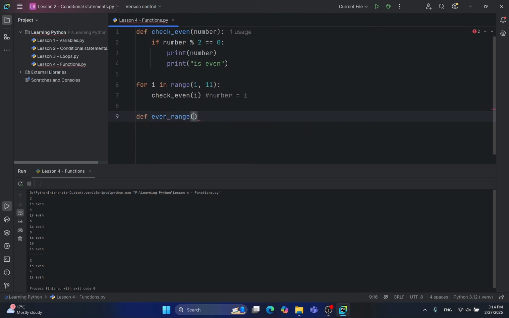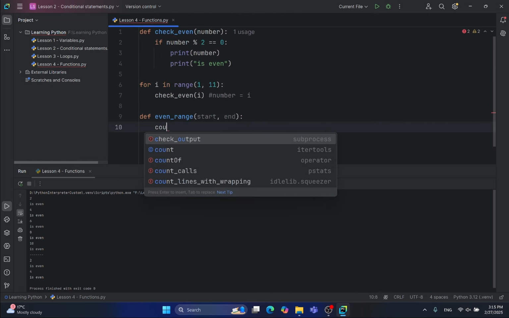range, and then start. Also, you don't have to have just one parameter. You can have as many as you like. You just need to separate them with commas. Start and end here, then colon. I'll have a